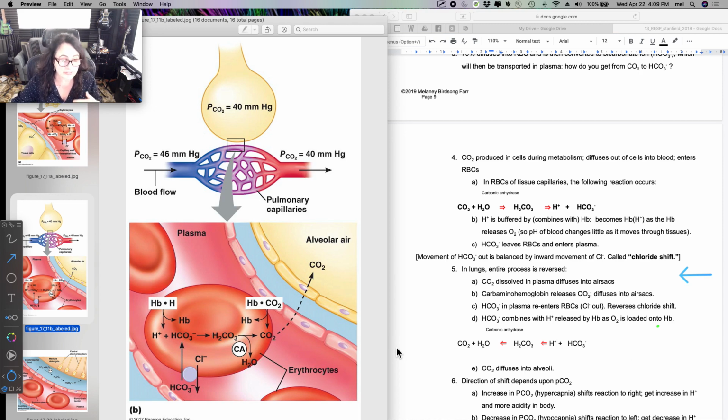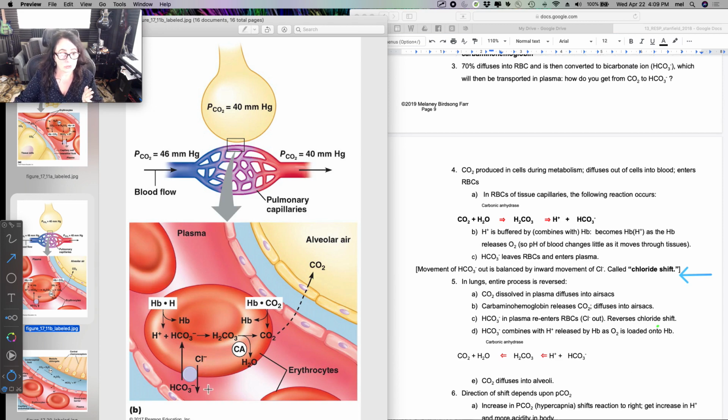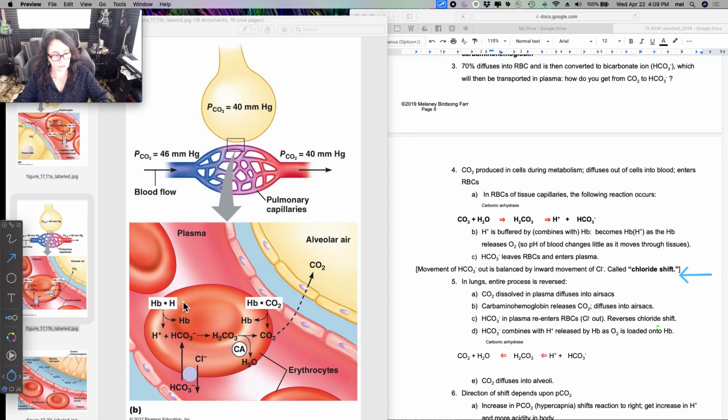And we're going to do it by the same mechanism. So we're going to reverse the chloride shift. We're going to push chloride out and bring bicarbonate in, okay? That H+ that I was holding on to right here on my hemoglobin, I'm going to let go of that, right? And then the H+ and the bicarbonate ion, I'm going to push this direction and I'm going to make